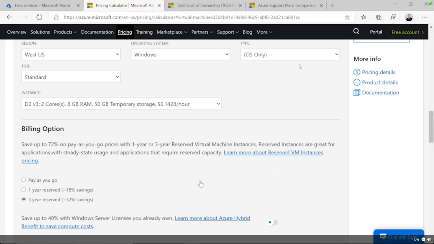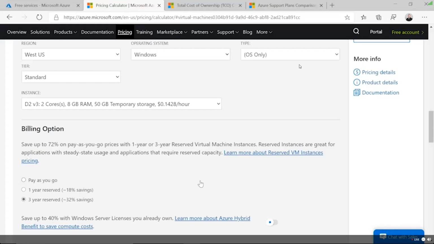By the way, this can be in installments, so you don't have to pay it in one big lump sum, and that's actually relatively new. But we have the ability to say, hey, you know what, I'm going to use these 10 VMs at a D2 V3. Now, the reservation is a subscription property, so we apply this to our subscription, and whenever we spin up a D2 V3 machine, Azure automatically applies the discount. In other words, your folks don't have to say, oh, okay, I got to make a reserve instance. No, you apply it to the subscription level, then that reservation property seeps through the entire subscription for you automatically.